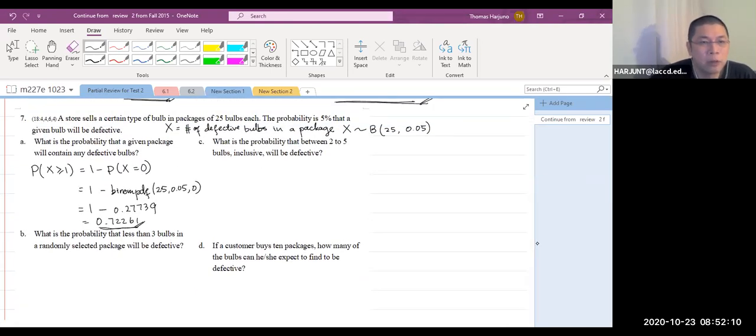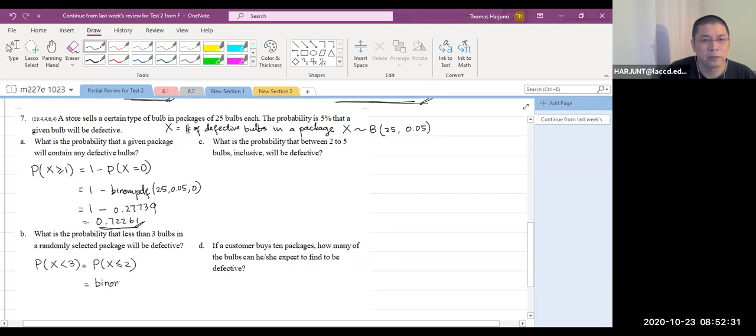That's the probability of at least one defect. Part B, what is the probability that less than 3? Less than 3. It means I need to do adjustment here. It means from up to 2 only, right? That's binomCDF